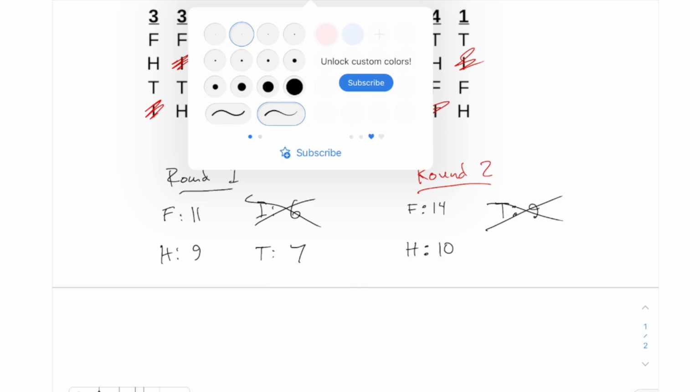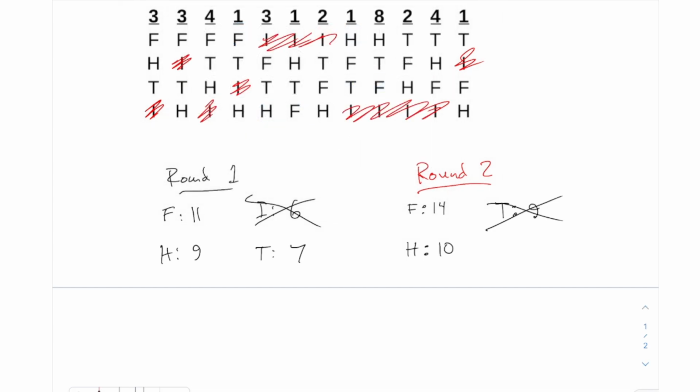What? Unlock custom colors. I just got a new iPad yesterday, and I guess I already had the pro version of this app. I don't have the Pro anymore, I guess. I can only do red and black. I was going to scribble them out in a different color. Maybe I'll scribble out the T's in black,